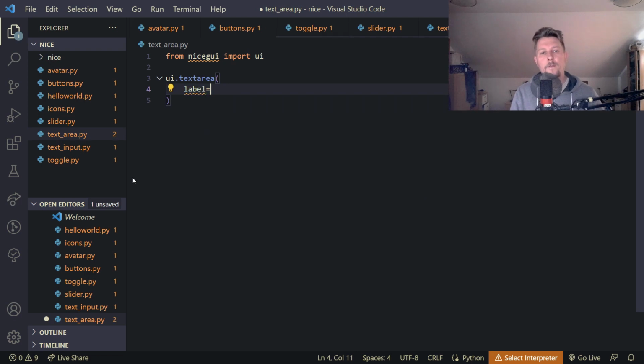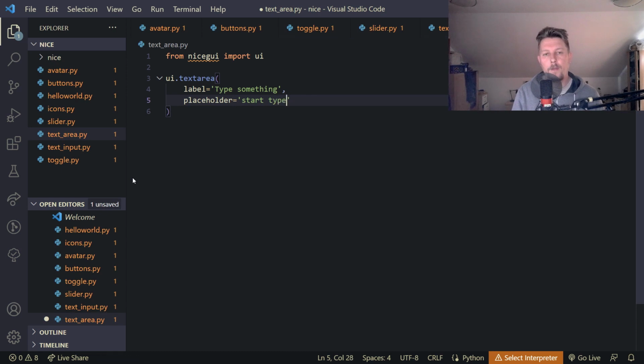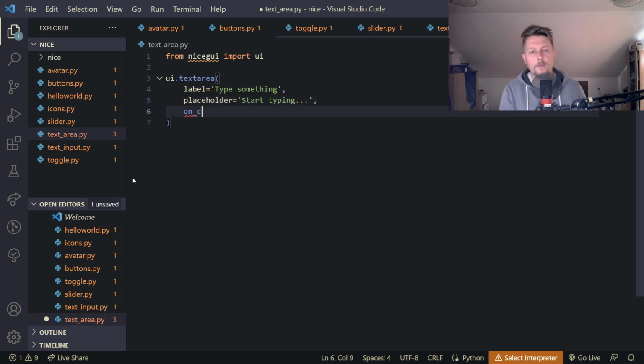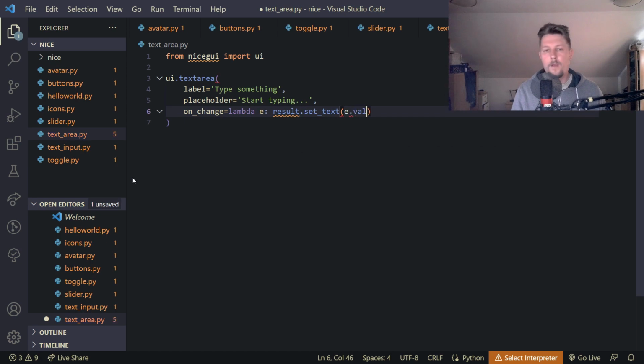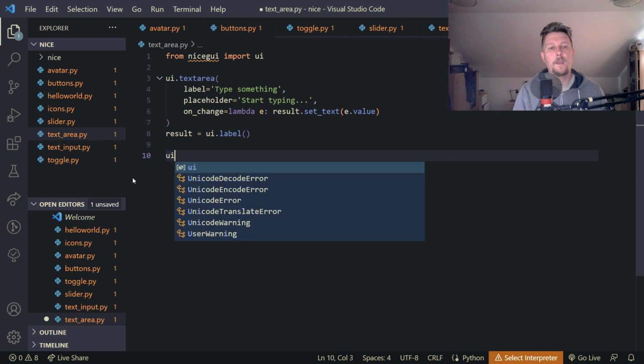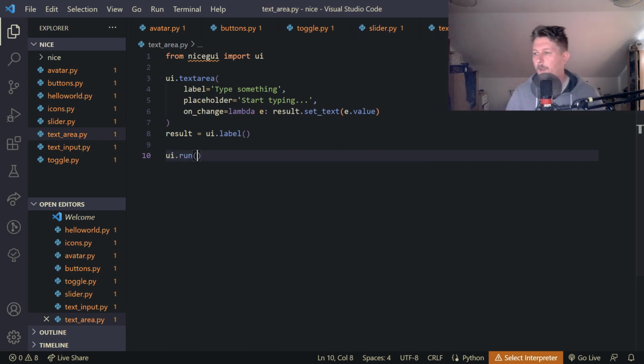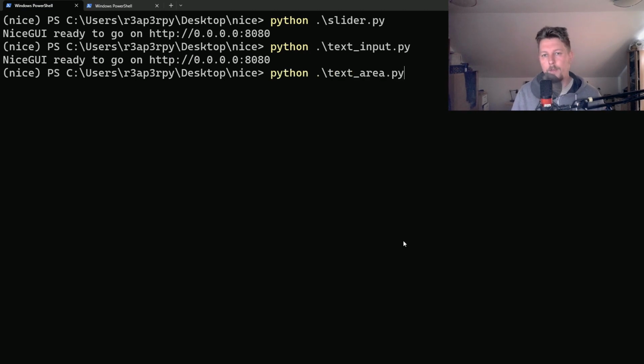We will have a label, type something, and the placeholder is going to be start typing, and we will have the on change lambda e: result.set_text(e.value), and the result is going to be the UI.label, and the UI.run will execute our application. So Python text_area,